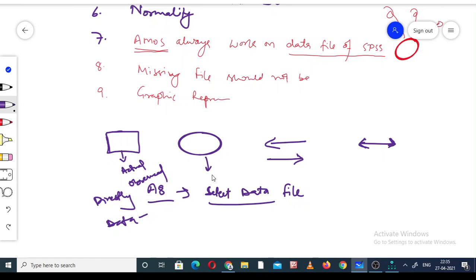And if we do not have the data file, this is not observed, this is latent. Or we can say we cannot measure it directly, like the satisfaction level. In that case we use the circle. Satisfaction should come inside the circle, while revenue or sales, the actual data, comes inside the box.